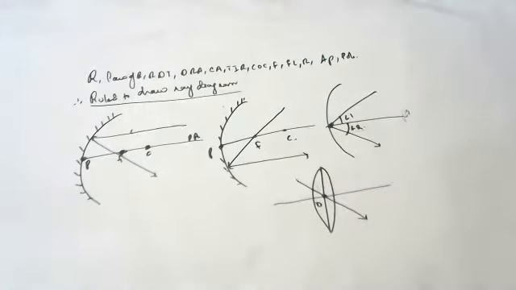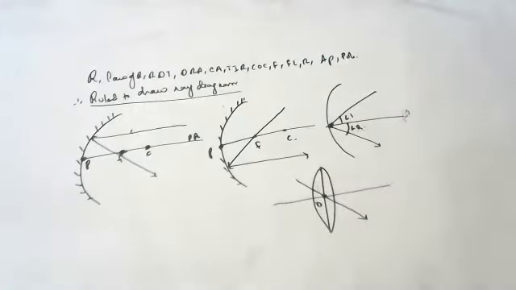What are the four rules, children? A light ray coming parallel to the principal axis goes through focus. Whether in lenses or mirrors, it is the same. If a light ray is coming parallel to the principal axis, after refraction, it goes through focus. If a light ray is going through focus, after refraction, it goes parallel to the principal axis. And a light ray going through the optic center does not deviate.